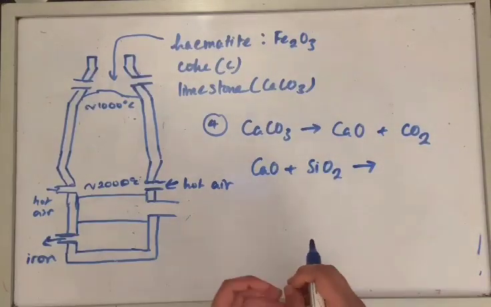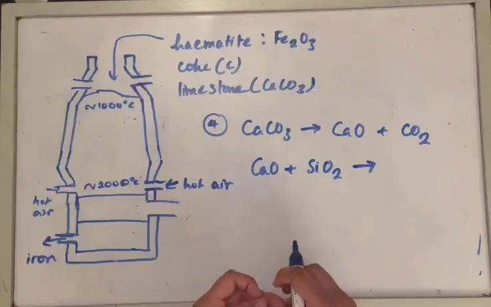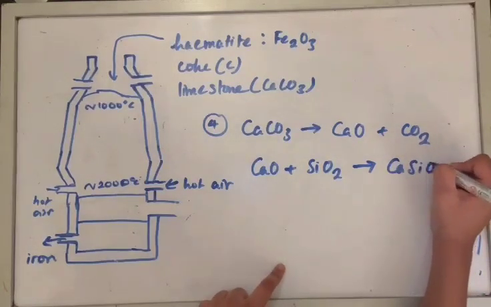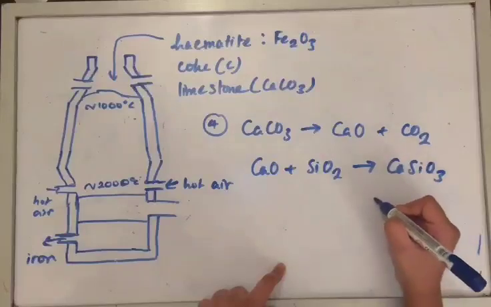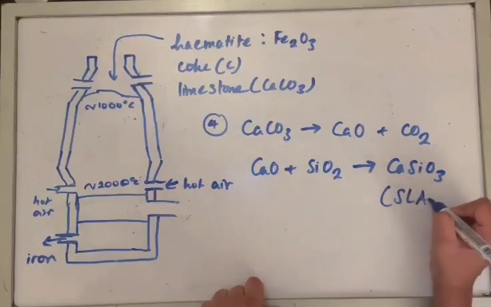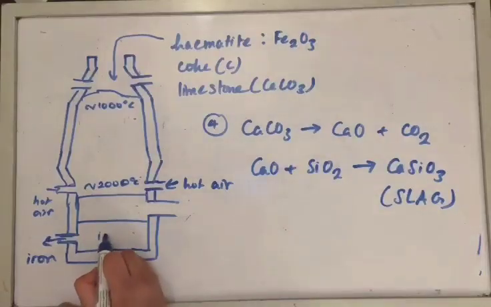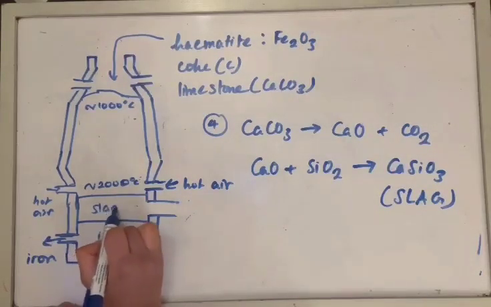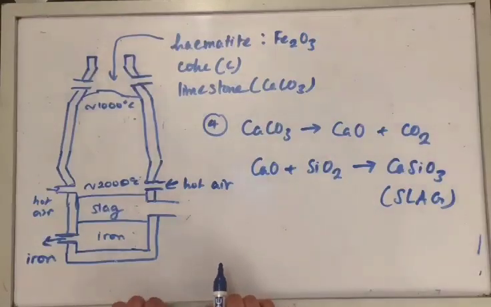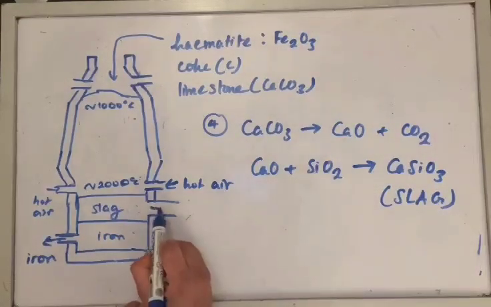Now this is quite a memorable product if you own a calculator or a watch, because it will be CaSiO3, calcium silicate. Now calcium silicate has another name. It's also known as slag. And this molten slag is less dense than iron, so it will float above the iron and it can be